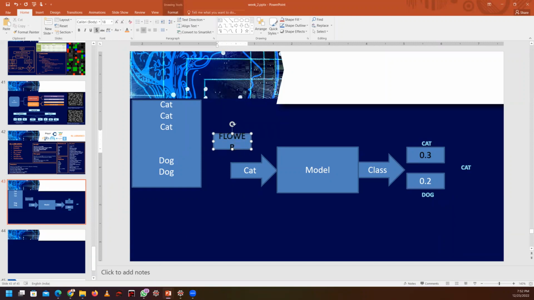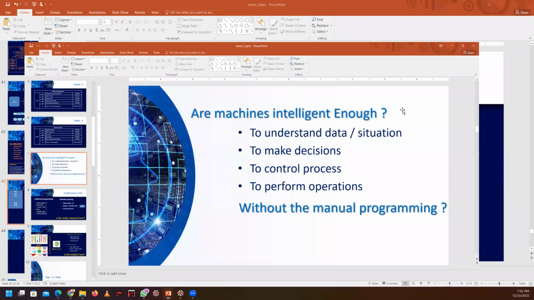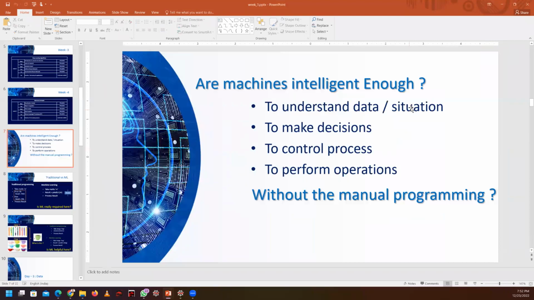That's why I mentioned in the first class that machines are intelligent, but to understand data or situations, machines are not intelligent. You have to understand the data or situation. We have to set all these things. We have to set the labels and provide the data.